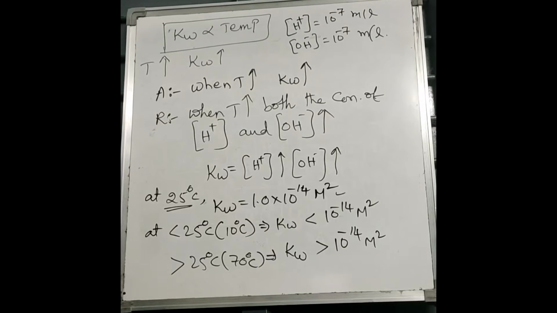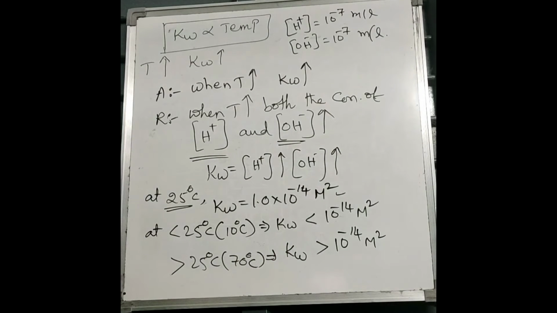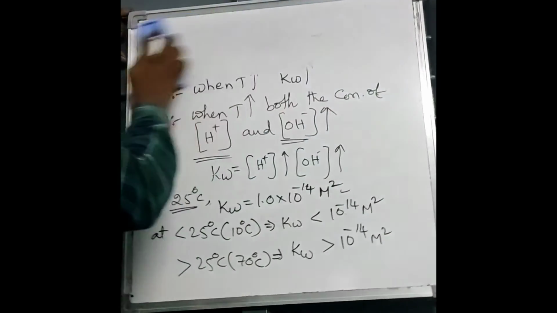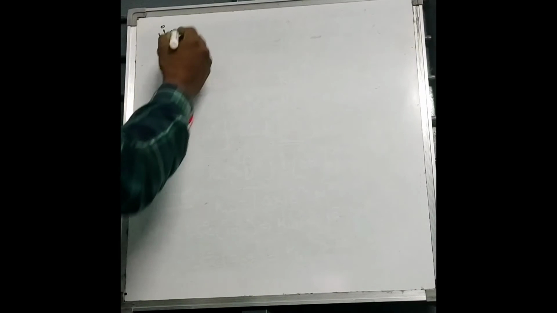And next one. Based on the concentrations of H plus and OH minus ions, we can expect the nature of the solution. We take 3 cases regarding this. See case number 1. In case number 1, for pure water or neutral solution,